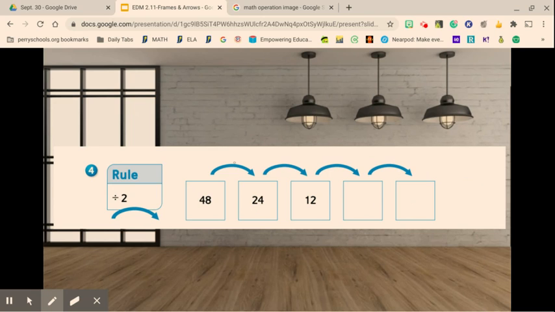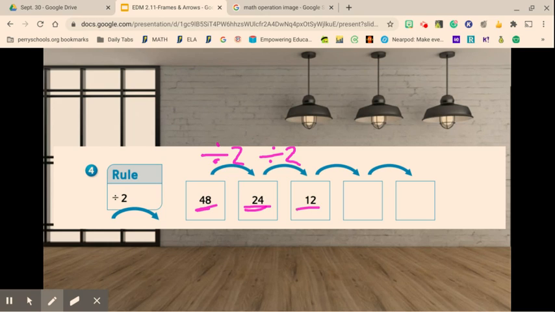All right, number 4, remember we said we were going to be dividing by 2. And remember, dividing by 2 means to split in half. So if I take 48 and I divide by 2, it does equal 24. The other thing that I want to remember in checking this is that anytime I divide by 2, I have to have an even number. If my number isn't even, then I can't equally divide. So 24 divided by 2